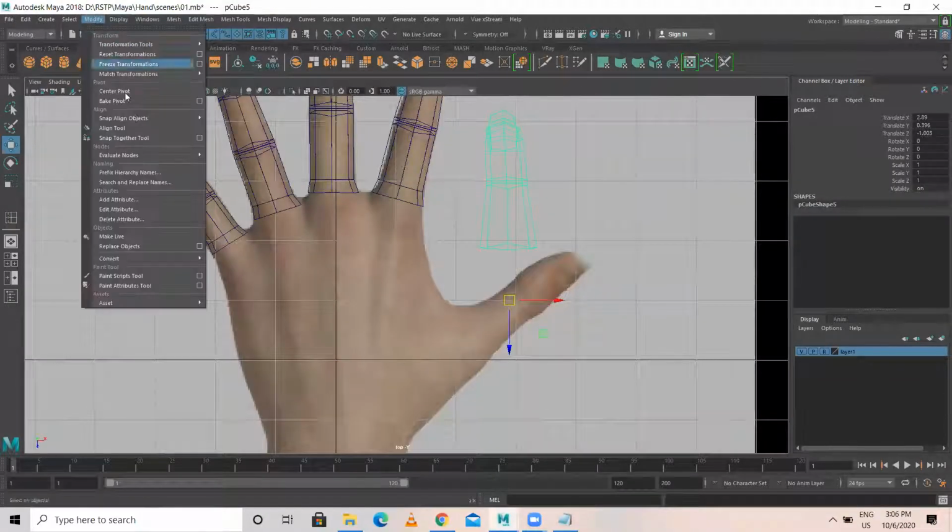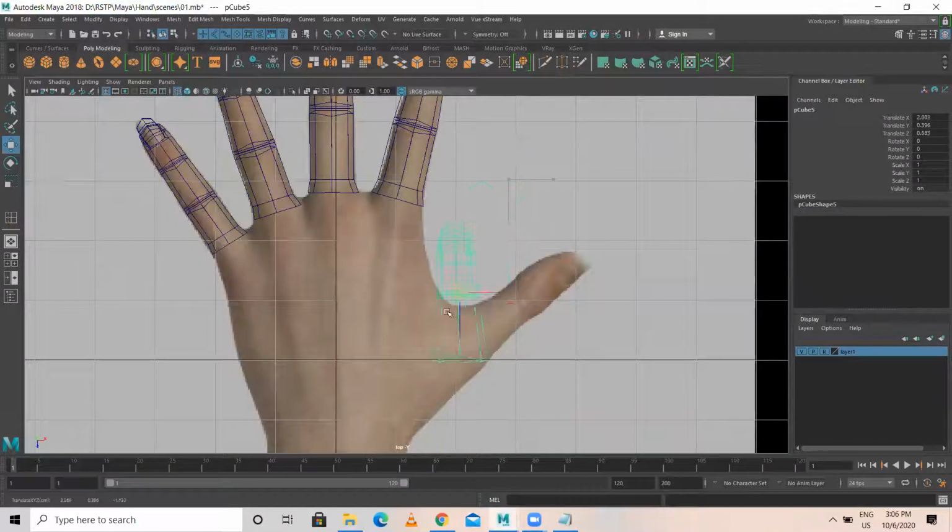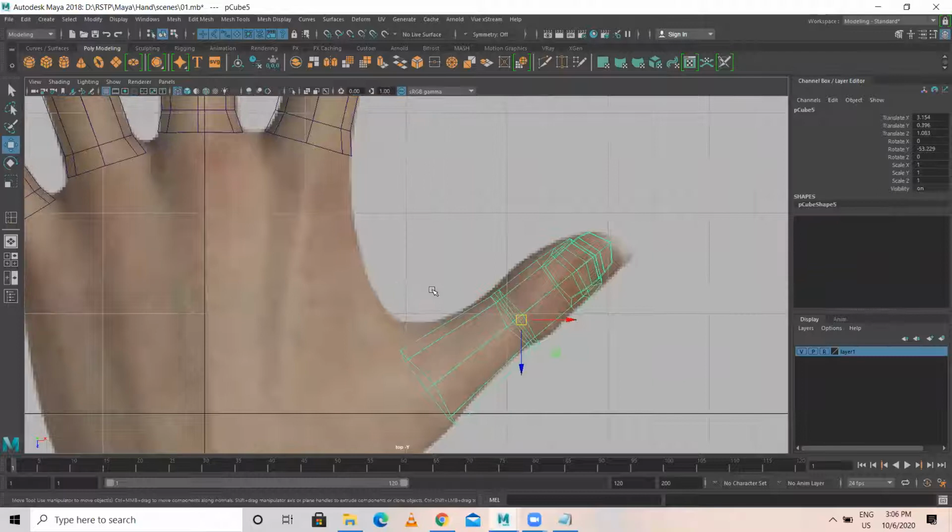Modify center pivot. Bring this particular model over here. Rotate this. Place it over here. And if you observe, all the four finger nails look towards top, whereas the thumb finger towards side. Okay, it's something like this. So for that you need to rotate a bit, and you need to place it over here.